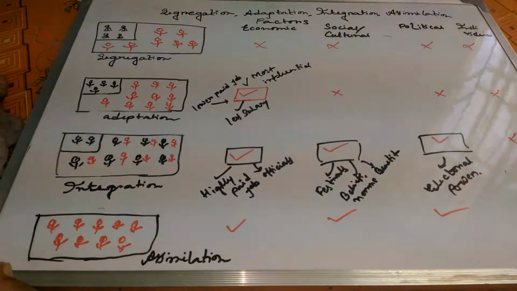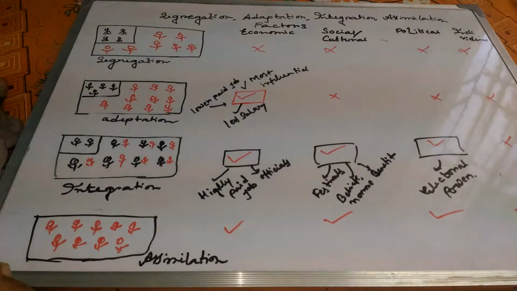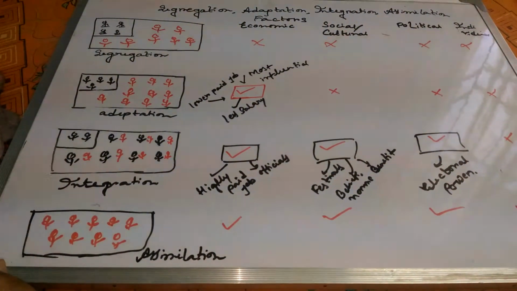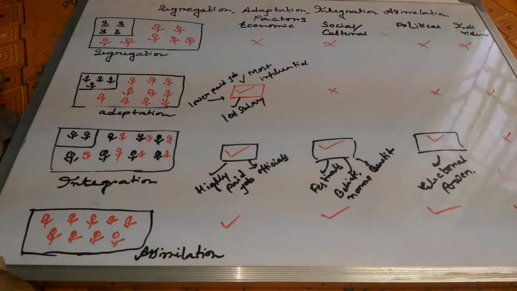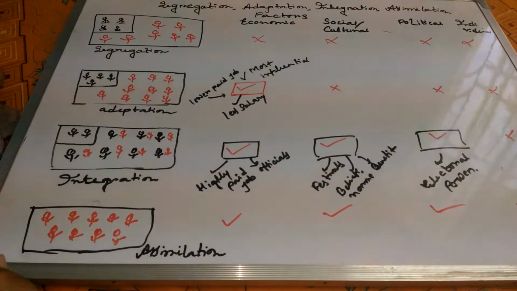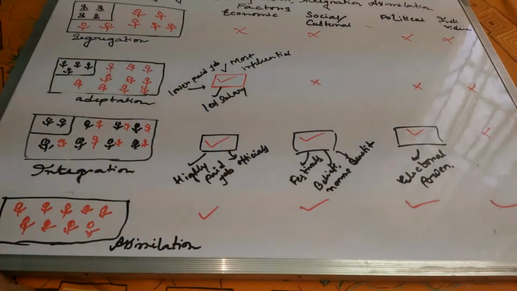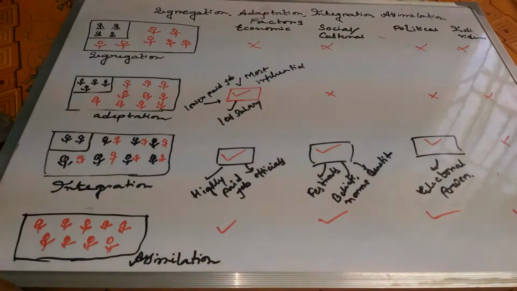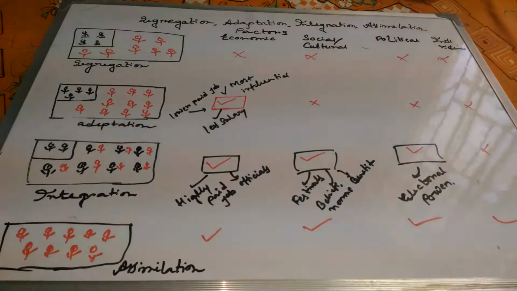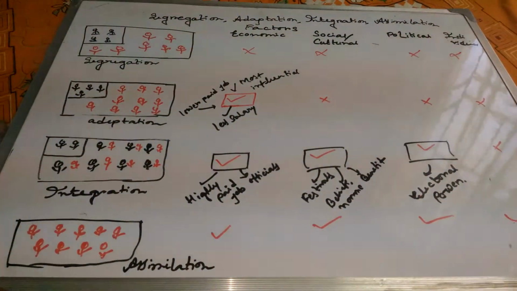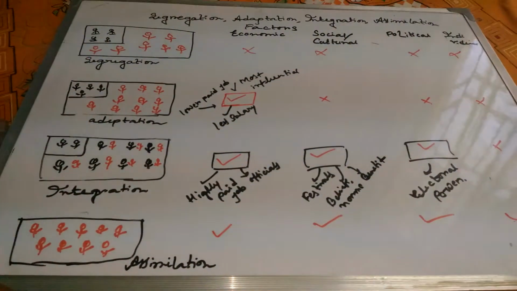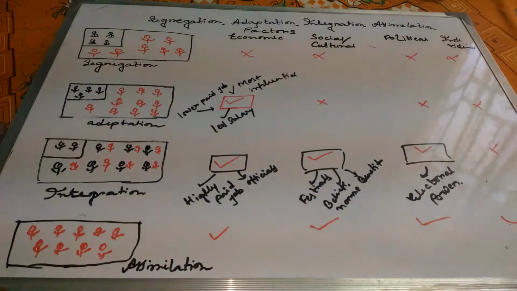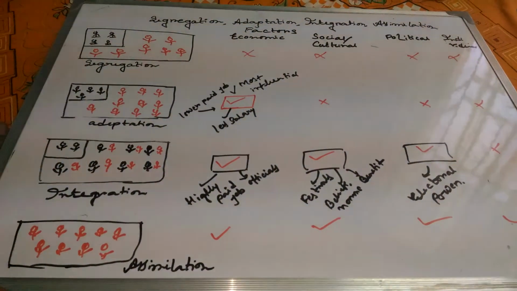But with time, they sent their next generation to school, and they were educated at the highest level. And at that time they were appointed as bureaucrats or high-level diplomats. And with time they also got the citizenship of India. So it has played an important role. I just want to mention one thing, that this fourth level does not happen within one generation, rather it takes two or three generations. Because the process from segregation to assimilation takes a long time. And with this notion, I think I have made you understand why these four processes are very important for us.